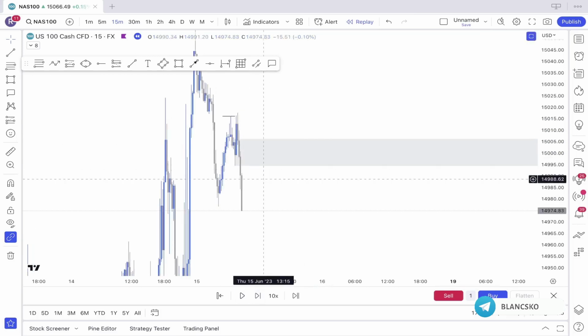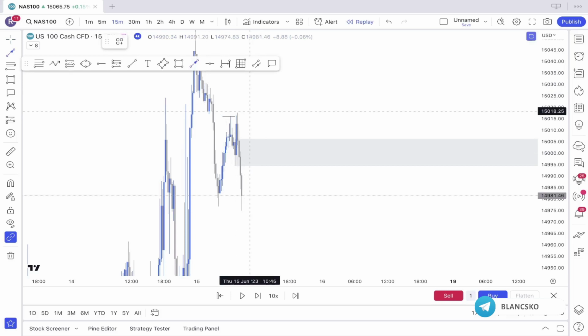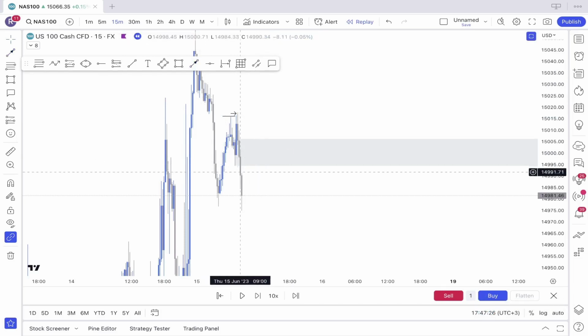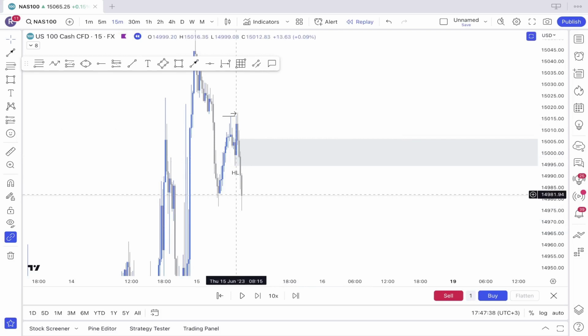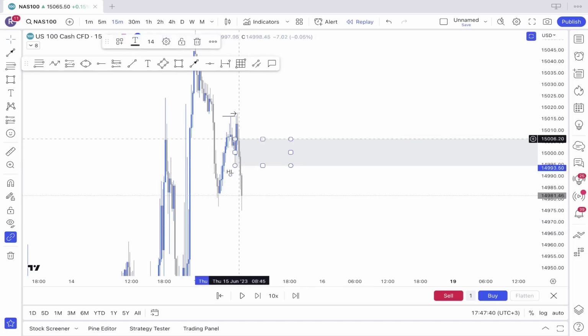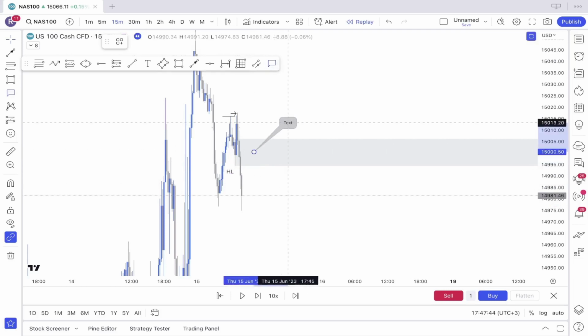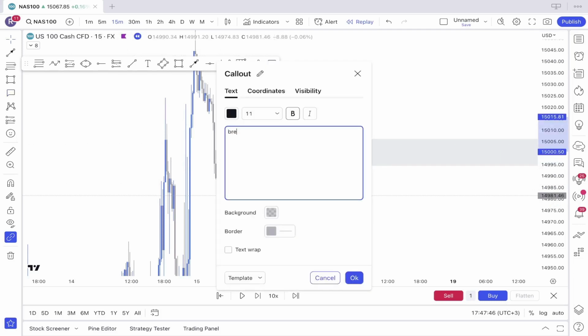Boom, check this out. We first have a liquidity sweep, okay? And after the liquidity sweep, we have a break of structure, okay? We have a change of character because we break this higher low right here. Okay, we break this higher low right here very aggressively, and this becomes a breaker block because essentially it is a failed order block or demand level. Okay, so this is our breaker block,